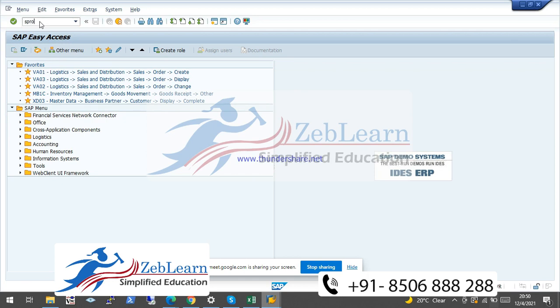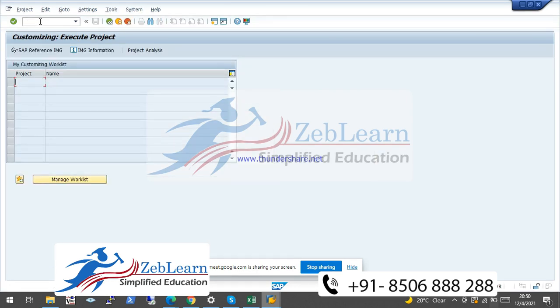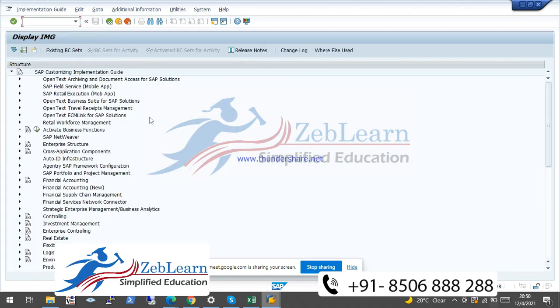Okay. Once you put that T code in the command field, press enter. Here the SAP Reference IMG. Just click on this button, and these are all the fields responsible for all the background settings, so that the business flow can easily map all the business requirements in the standard one.